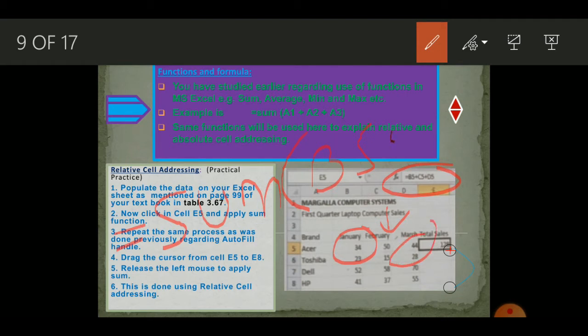You have to place a colon. What does the colon mean? I'll tell you later. So now the address of the last cell. What is the address of the last cell? D and 5. So write D5 and close the bracket.